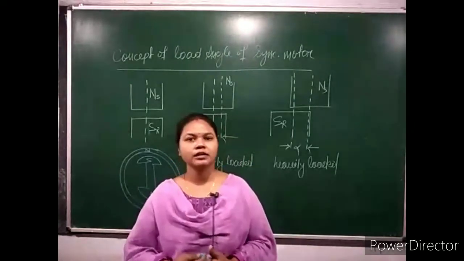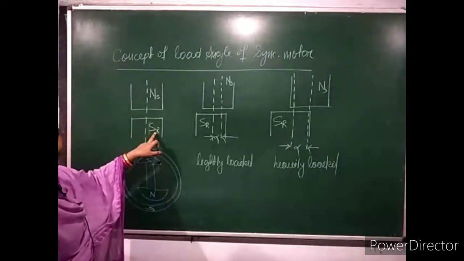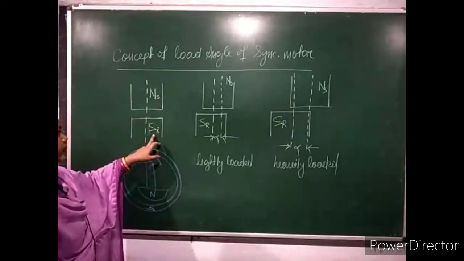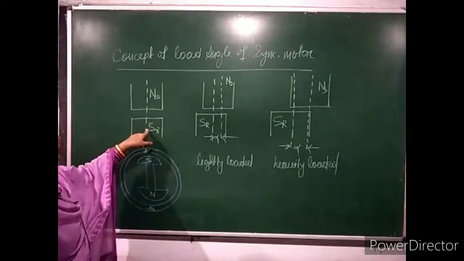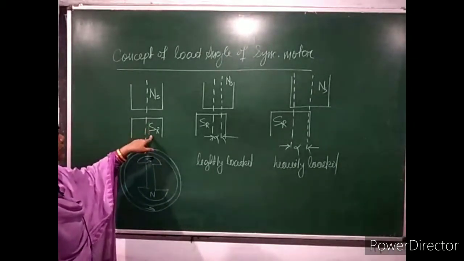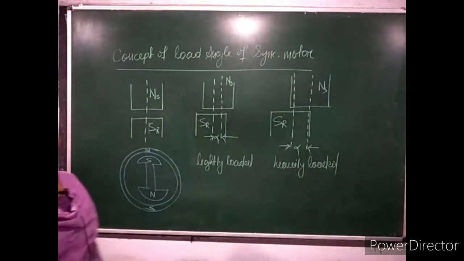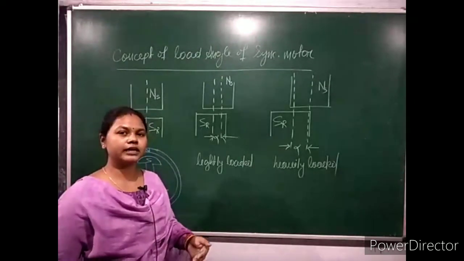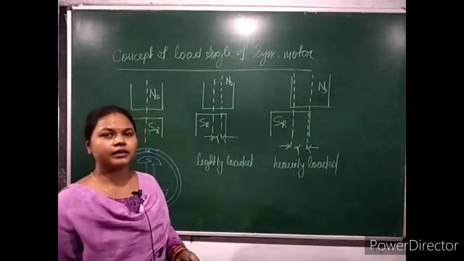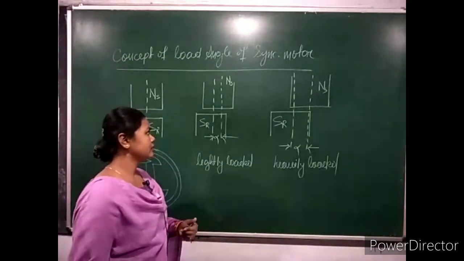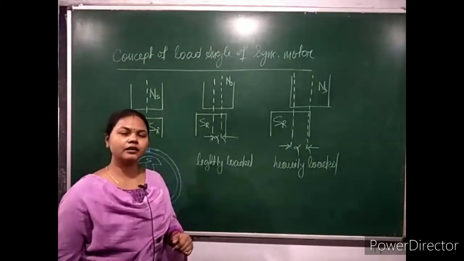In the normal condition, here I show the magnetic locking between the north pole of the stator and the south pole of the rotor. When they are magnetically locked, it rotates at a speed called synchronous speed. And this dotted line shows the axis of the stator pole and rotor pole. They coincide with each other when they are magnetically locked. But actually it doesn't happen. The rotor pole lags somewhat behind the stator pole when load increases.